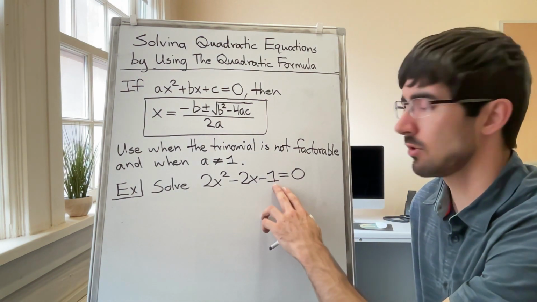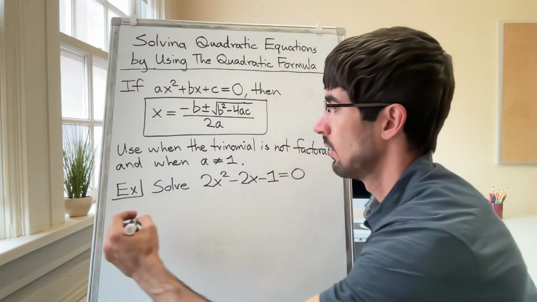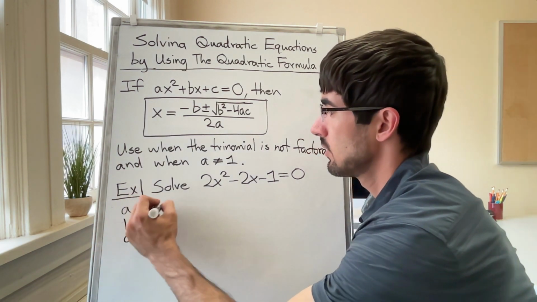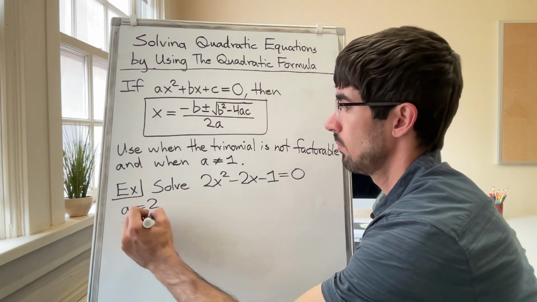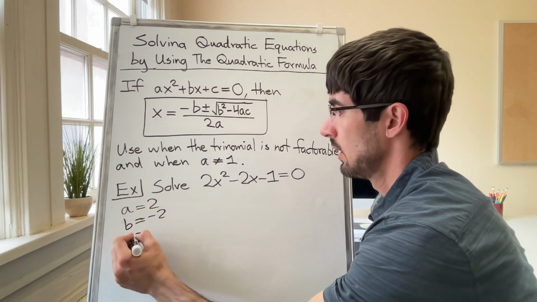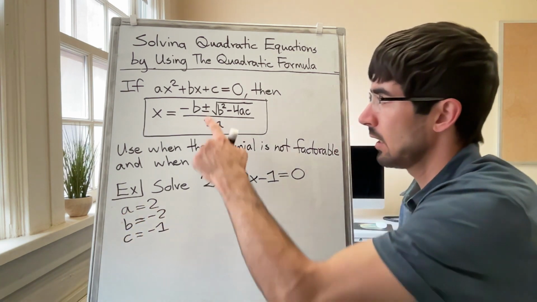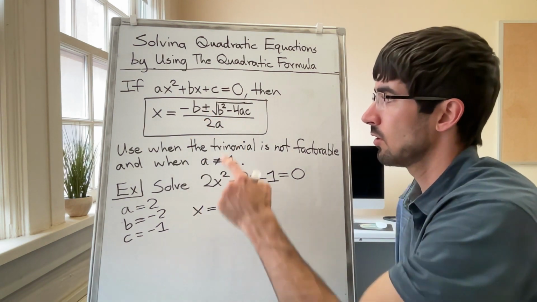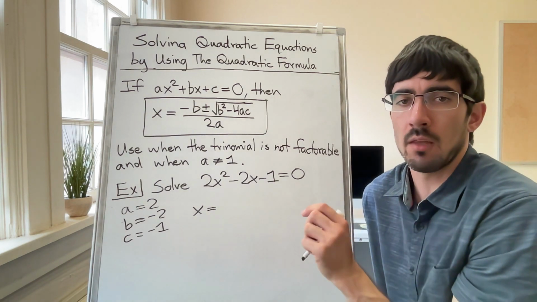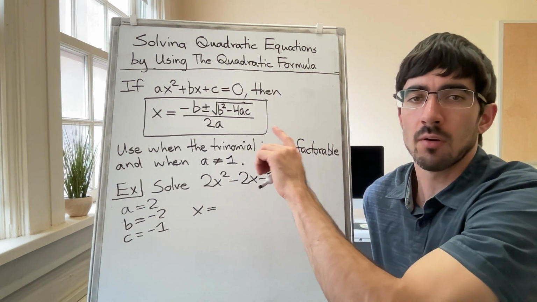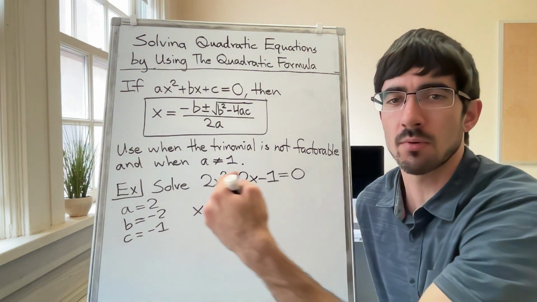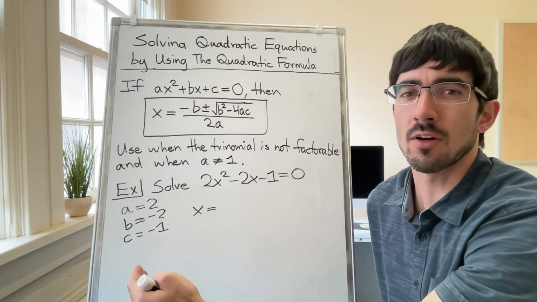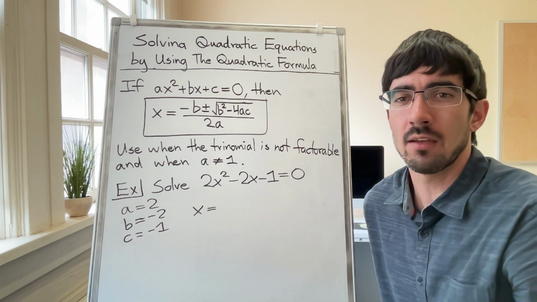2x squared minus 2x minus 1 equals 0. I need to identify a, b, and c. So here a equals 2, b equals negative 2, c equals negative 1. And then it's simply a matter of plugging in these values to the quadratic formula, which, by the way, derives from completing the square. Completing the square is a more fundamental, earlier strategy for solving quadratic equations that then produced